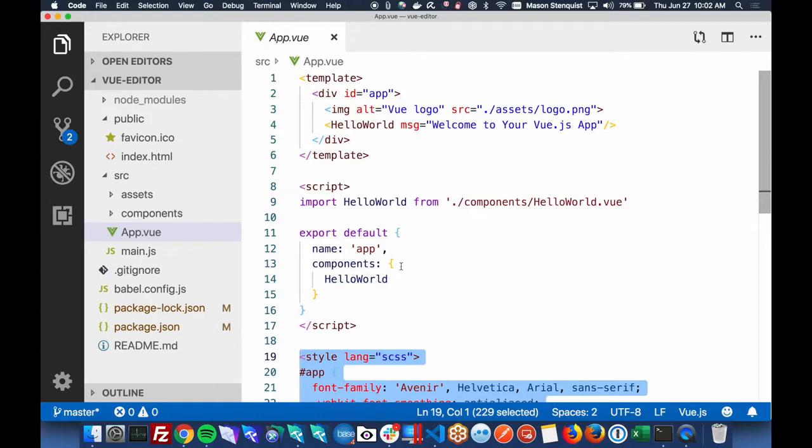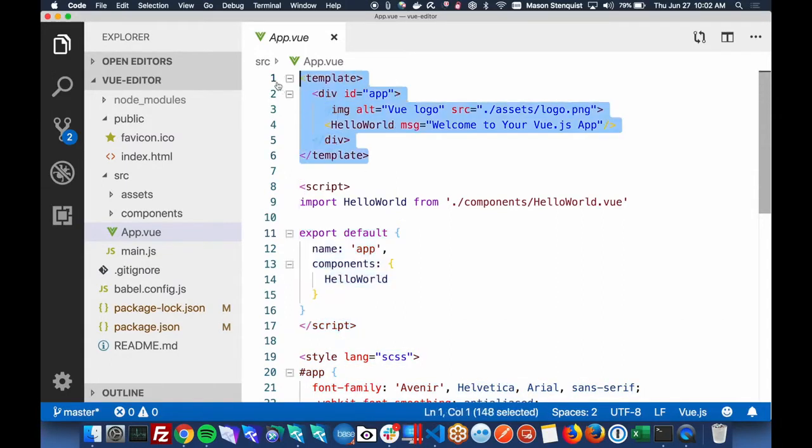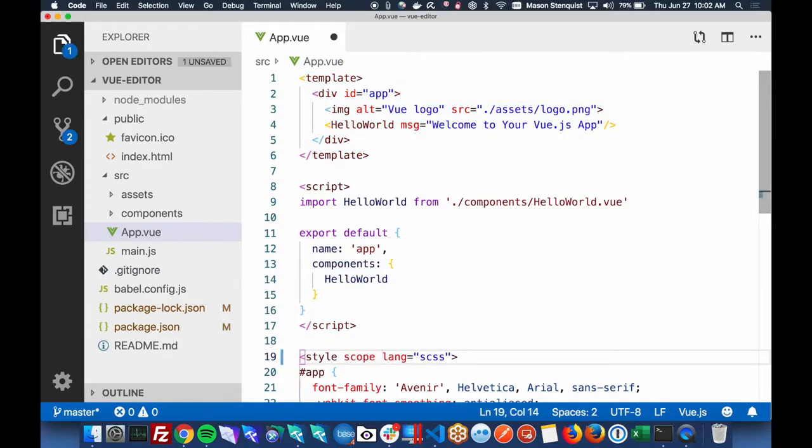But in Vue, they keep them all together in a component, which makes it really easy to understand, this script is affecting this code and this style, and we could even scope this, which means it'll only ever affect this app. So it's a very nice way to work. And once you actually build your code, it does split everything out and makes it as performant as possible. So that's important to know.